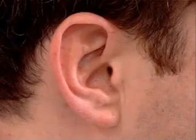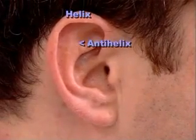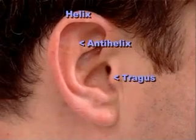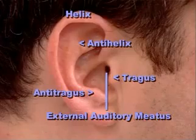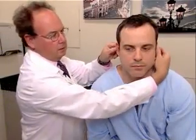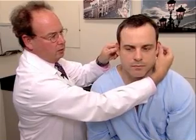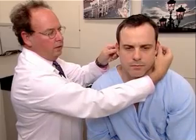The first part of the examination of the ears is inspection of the external ear. One looks at the external ear and notices the helix, the antihelix, the tragus, the antitragus, and the external auditory canal. We want to palpate also. Mr. Johnson, does this hurt at all? Okay. Tenderness by pulling on the lobule or the antitragus will provide pain if the person is having an acute